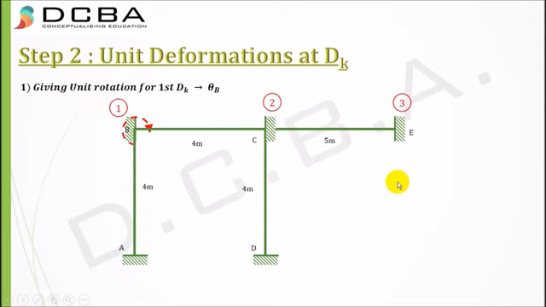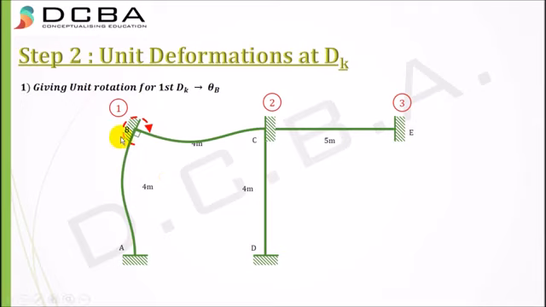So how is this portal frame going to deflect after I give this unit rotation? It is going to get deflected like this. If you've seen my previous videos on the stiffness matrix, there I had explained that whenever we rotate a particular joint, what is the value of the rotation, and what are the values of the reactions formed at the opposite joints, and also the horizontal and vertical reactions. If you have not seen those videos, please check the playlist of stiffness matrix on my channel, and I'll also link it here.